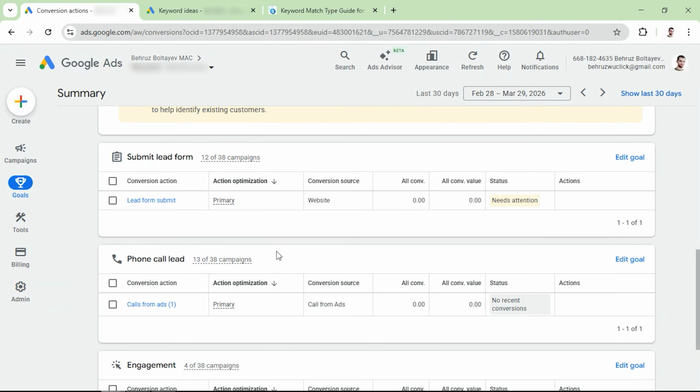So you can have two types of conversions. If you only want to generate phone calls, you can receive phone calls directly from ads, and you can receive phone calls from your website. So you can set up calls happening from the ads conversion action, and you can also set up call conversion actions from the website as well. And once you have set up those conversion actions, then you can start spending and start generating clicks and phone